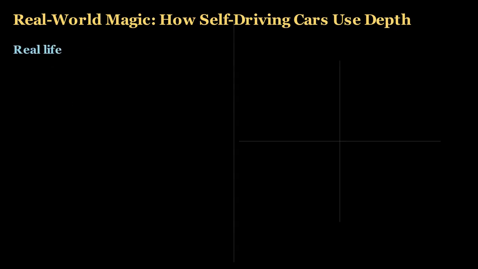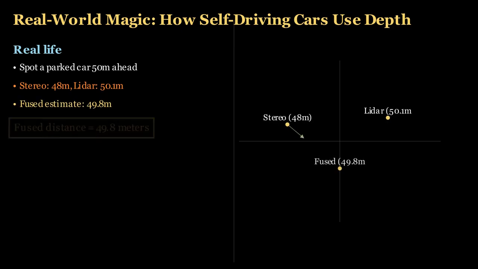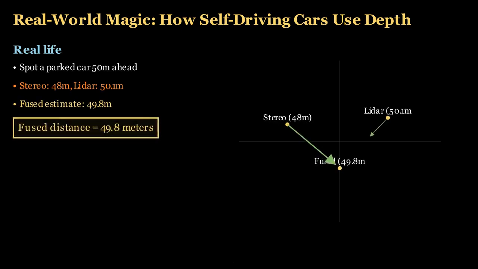Imagine a parked car 50 meters ahead. The stereo cameras, using a 0.3 meter baseline and a disparity of 4 pixels, estimate the distance at 48 meters. The LiDAR pings it at 50.1 meters. The car's computer knows LiDAR is more reliable at